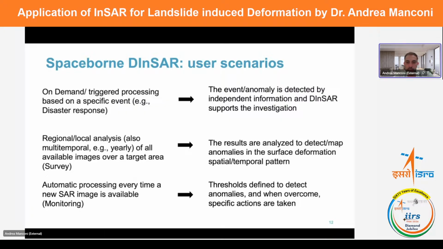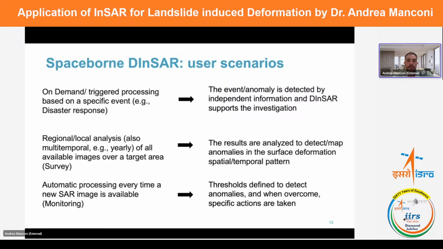Another possible scenario is that we want to do a regional or a more local analysis, just having the information about surface deformation over a region. And this is the so-called survey approach. We want to process all available images over a target area, and the results can be analyzed to detect and map the anomalies in the surface deformation, and we can then associate this information with additional datasets that can be geological or geomorphological data,